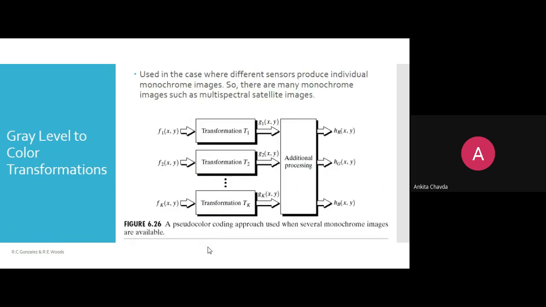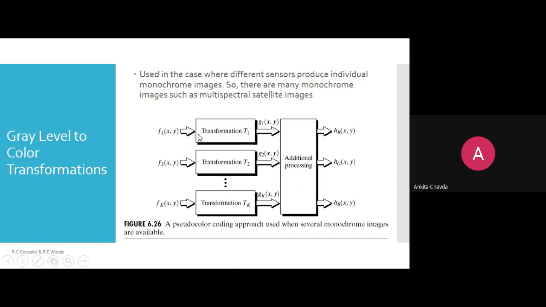Then we have started with this gray color too. Again that is the same thing. That is the pseudo color coding approach used on several monochrome images. So what will happen, in the grayscale case they have taken different grayscale images, and those different grayscale images I want to feed into my RGB color model, applying it to the red plane, green plane, and blue plane, and then accordingly it will generate the output. So if we have many monochrome images, we can feed them over here based on our transformation.